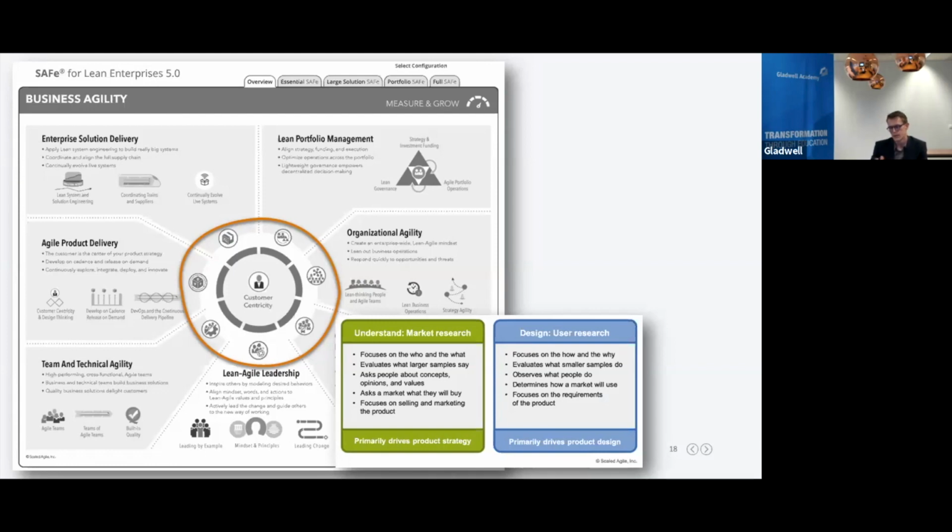Typically, the SAFe way of approaching this is also via research, and I think that's important. Why? Because I often don't see research as an important source of input for decision making. So market research, for instance, to define our product strategy, or user research to define our product designs. Are we really doing some effective research on our customers to really understand what they need and what they want and what they're willing to pay for? Probably we would like to do more than we actually do. At least that's what I experience a lot when walking around.